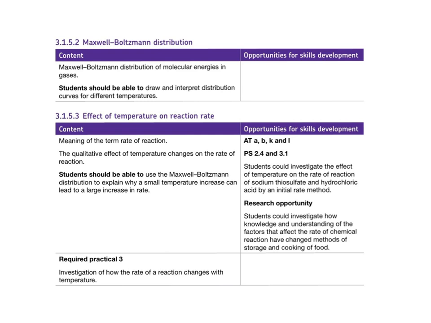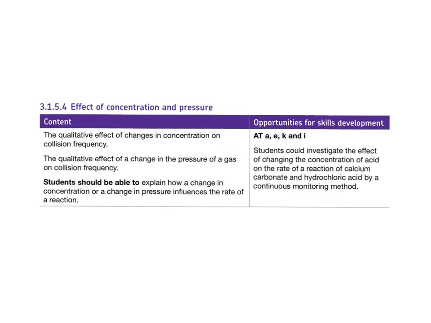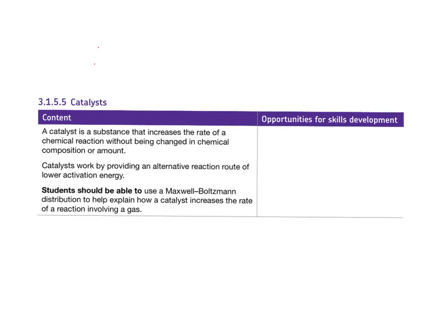The Maxwell-Boltzmann distribution is new. And factors which affect rate of reaction include temperature, which is here, and as you note it is a required practical. Other factors include concentration, pressure, catalysts,